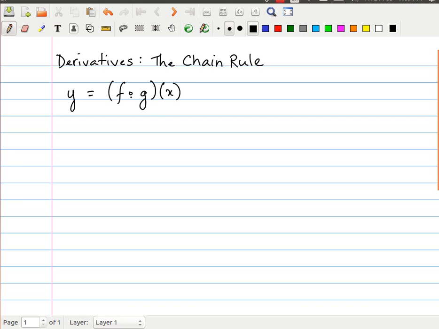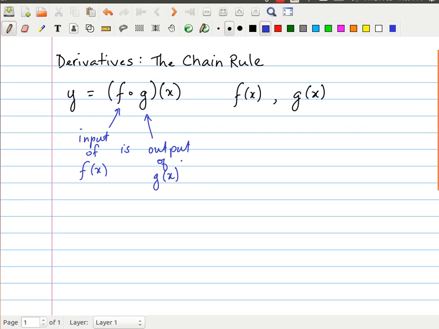This is basically saying that I have two functions. I have one function which is f of x. I have another function which is g of x, and in this case the composition of functions says that the input of f is the output of g of x. So normally if we thought of this in terms of if we graphed